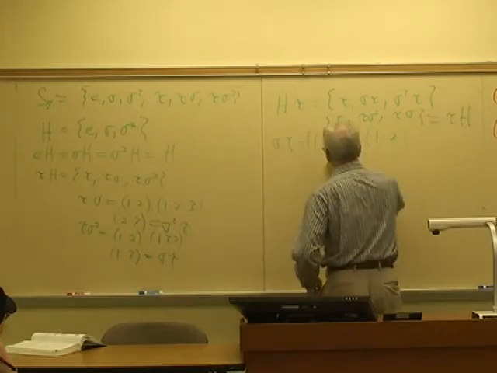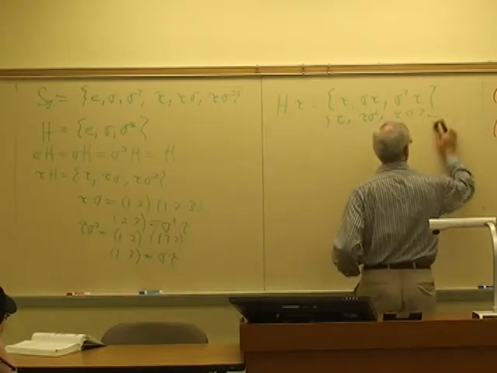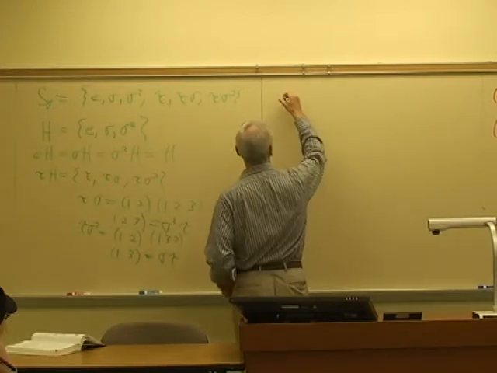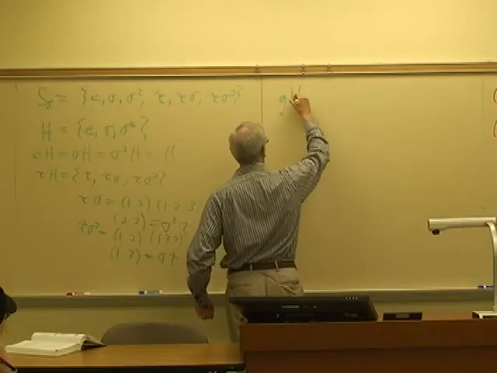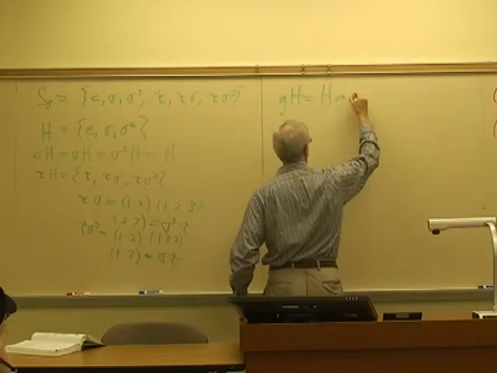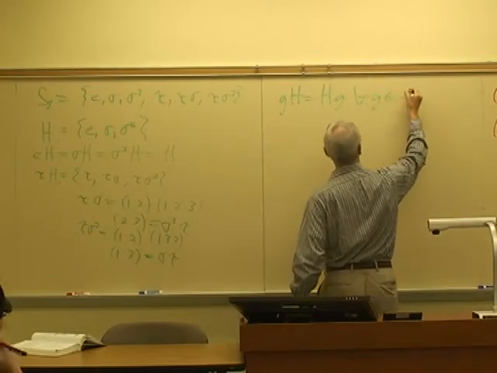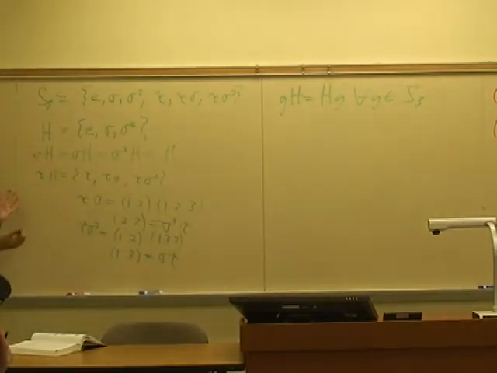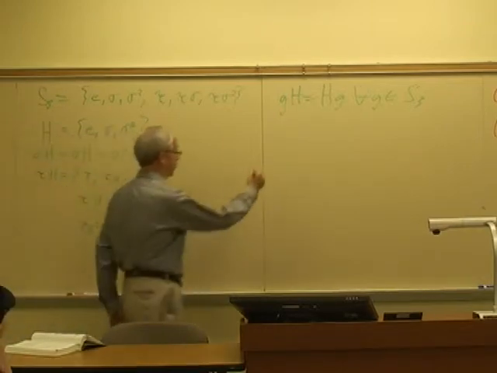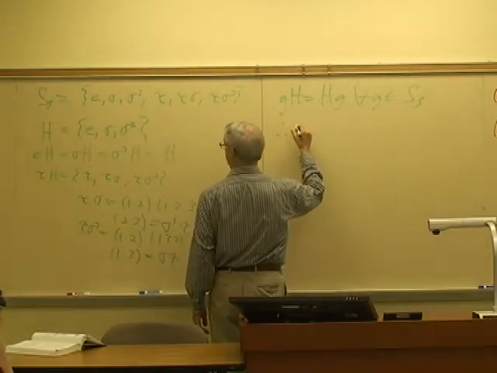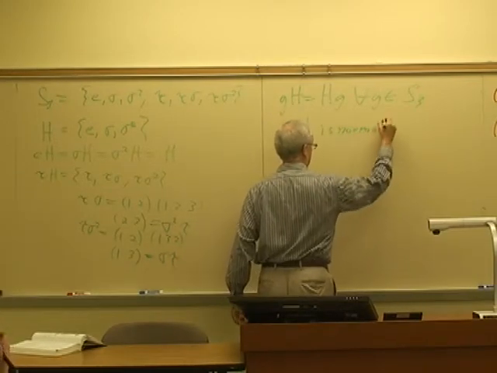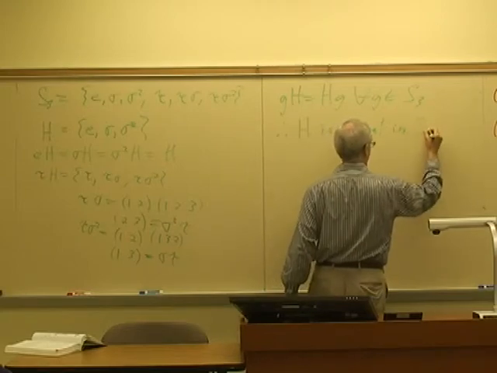Okay, so we've shown that individually the elements don't commute, but I conclude that GH is equal to HG for all G in my group. We just showed it. The sets are the same set, even though they don't come out in the same order. And so the conclusion is, therefore, H is normal in S3,